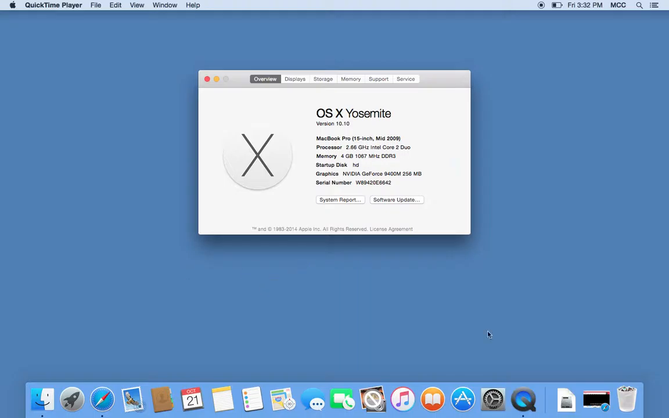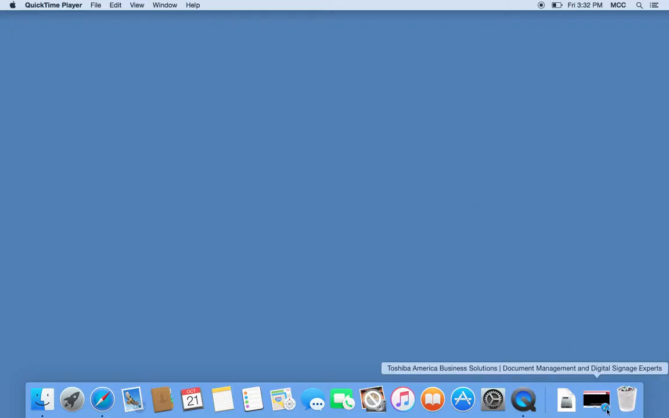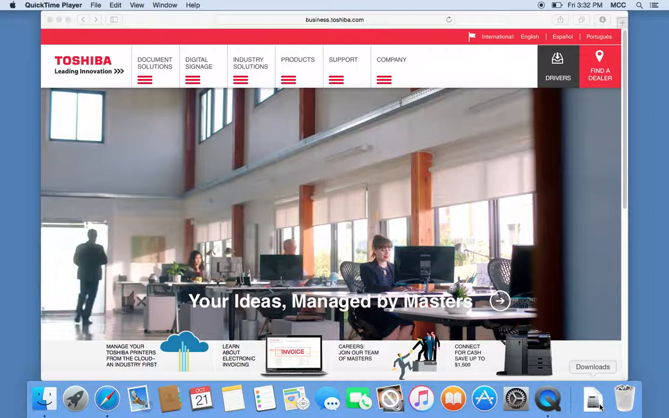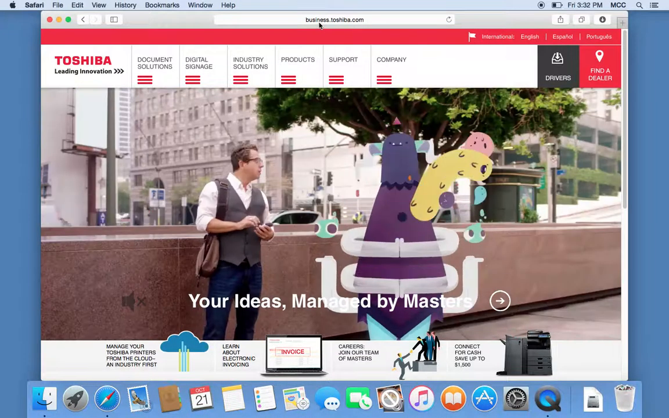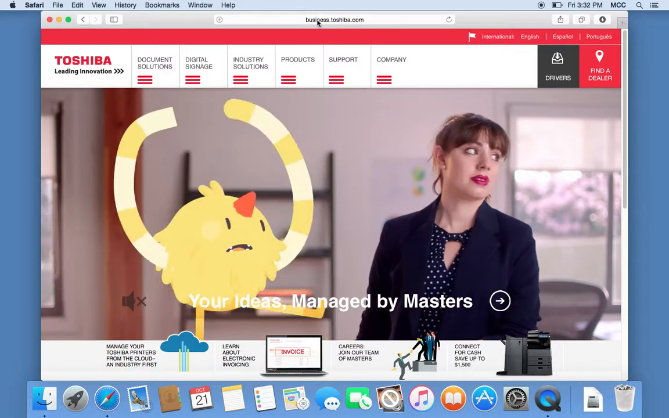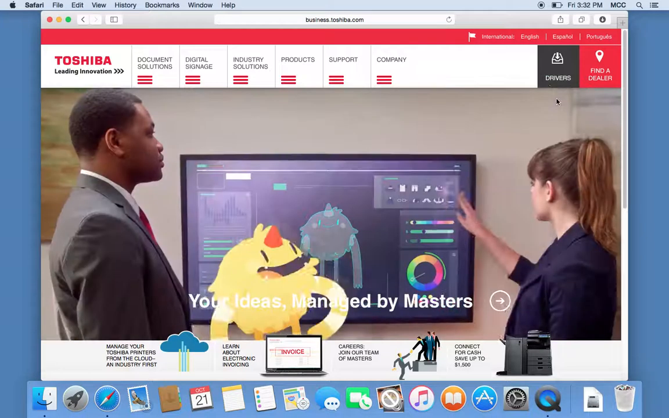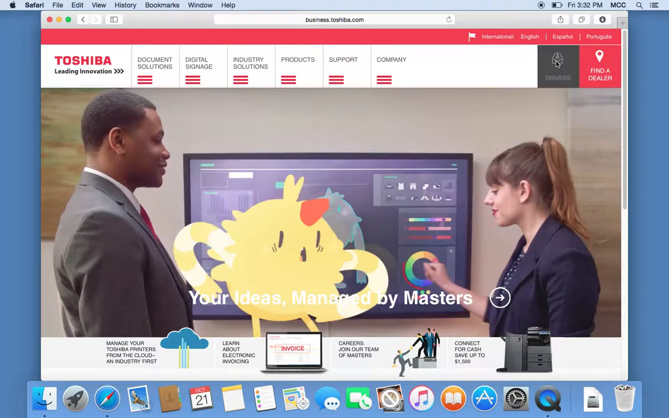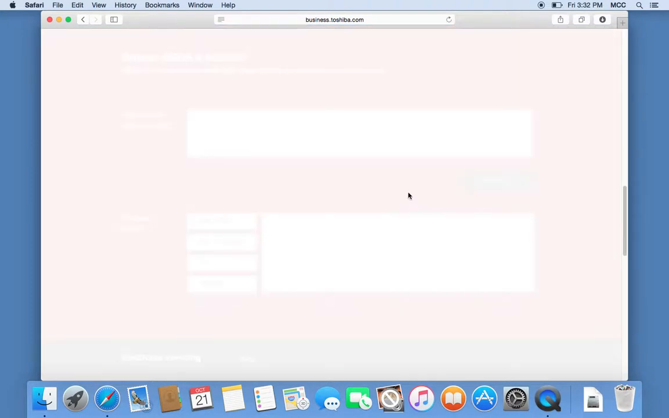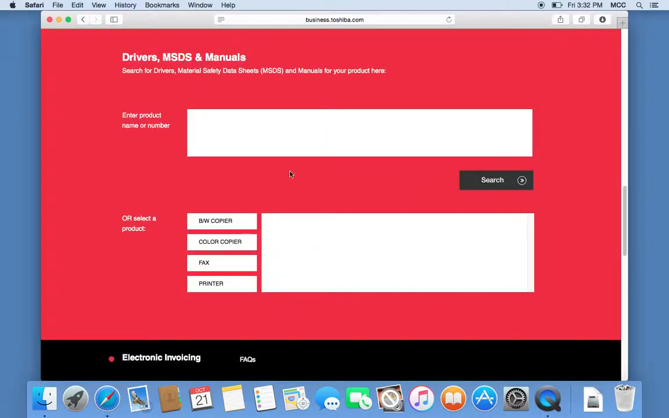So now we can close out of that, because once we're done with that we don't need it. So we can open up our Safari. If you go to copiers.toshiba.com, you'll end up at business.toshiba.com. Either way, we're going to look at drivers here. As it pulls up our drivers, we can look at some of the newer stuff. So let's look at